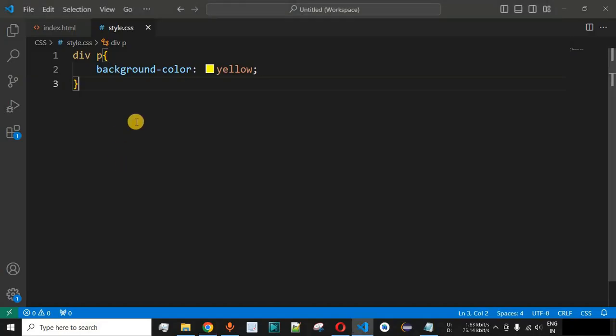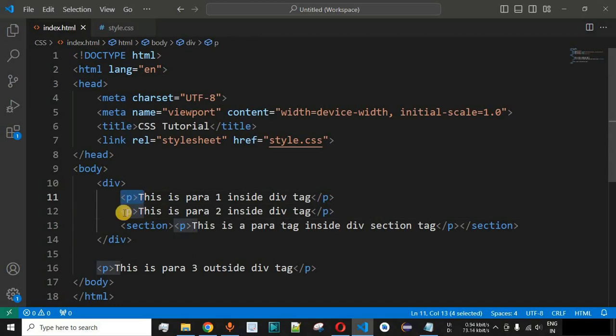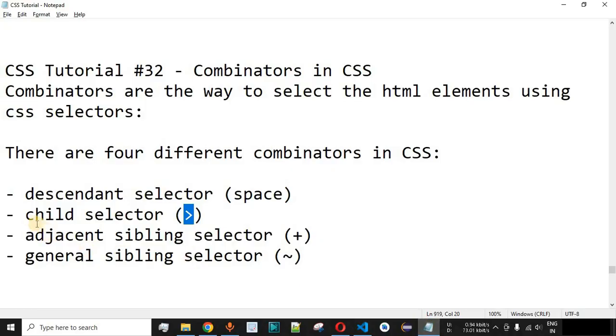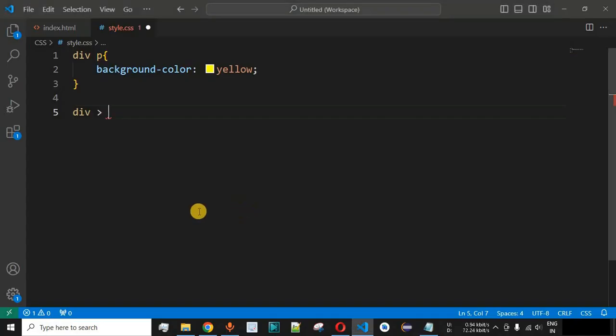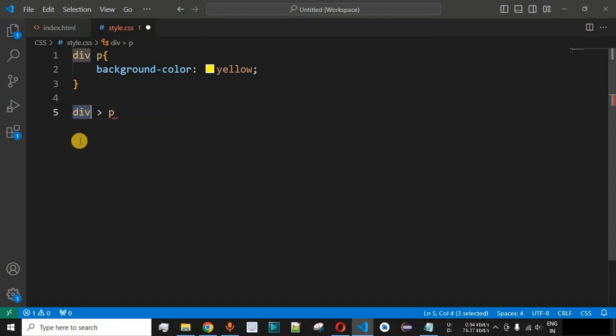Now guys, let us say we only want to provide the background color to the direct child tags of this div tag. So what we can do is, first of all we provide the div tag and then use the greater than sign over here. So guys, this is basically the child selector that we are using, in which case we are saying that the parent tag should directly have the child tag over here in order to apply the CSS properties. Guys, basically we are going to provide the p tag over here. So we have the div tag followed by greater than symbol, which is the child selector, and then we have a p tag. So guys, what change will you notice on the web browser?